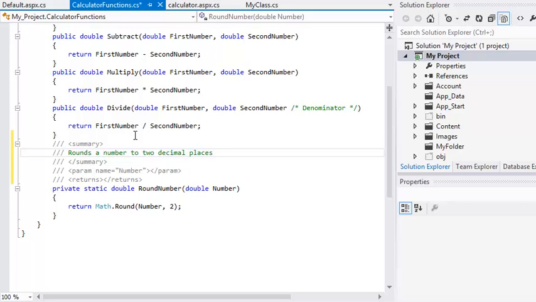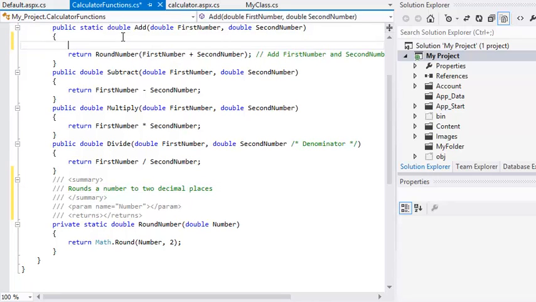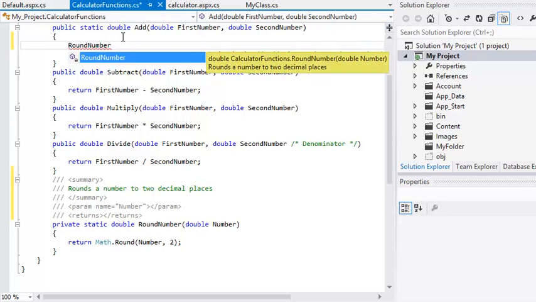Now add a new line to the add method and type round number. The IntelliSense menu appears, and you can see that your method now has a description just like the ones from the .NET framework. Remove the code that you've just added,